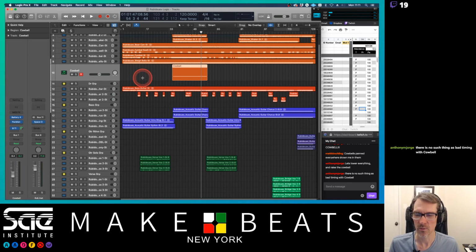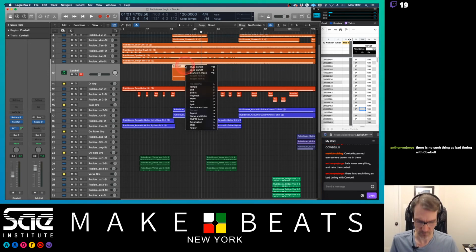The next thing I want to do with this cowbell is, wait, what was it? Oh, I can't remember. Let's go ahead and do this. Let's put some automation in this cowbell. Let's use automation to do the. Oh, I remember what it was. I want to show you how I can change this cowbell into audio. It's super easy. I just click on the region I want to do it. I right click on it and I go to